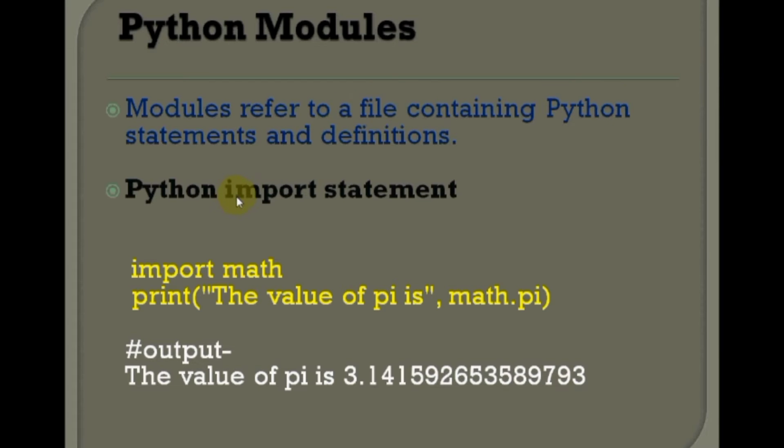See, there are some methods where you have to import predefined modules in our Python program. The first statement here is by using the import statement. You have to use the import keyword, then after that the name of the module. Math is the name of the module here. Then you can access all the properties of the math module by using the name of the module, the dot operator, and the properties of that particular module.